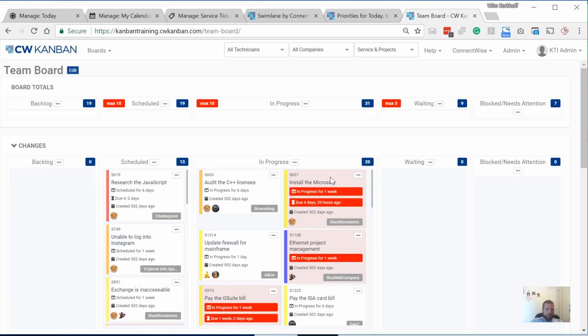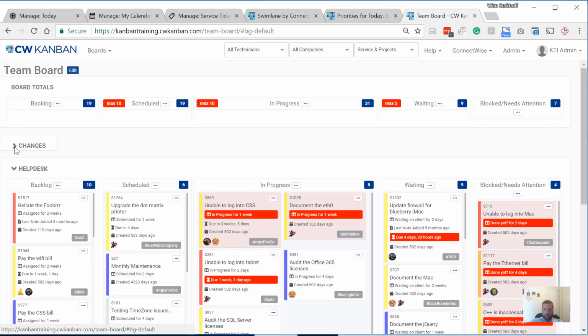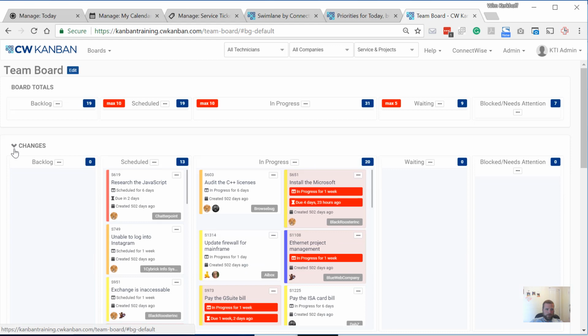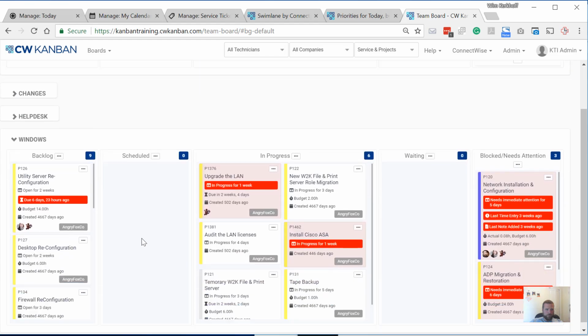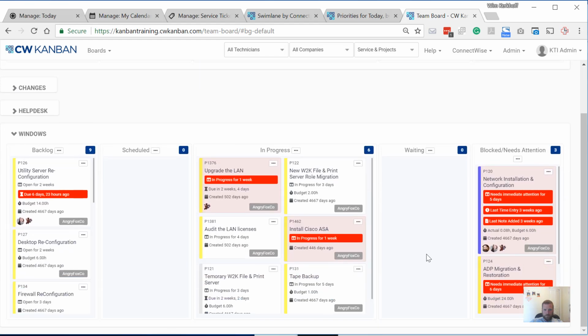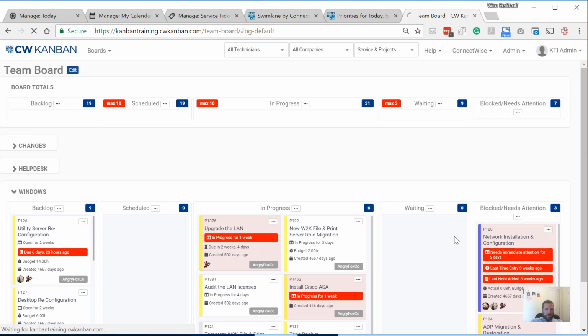And then finally, here's a team board, showing tickets for about a half dozen people in this team. All their tickets by the board. So there's a change board, help desk, and a project board. I'll quickly step you through the edit screen